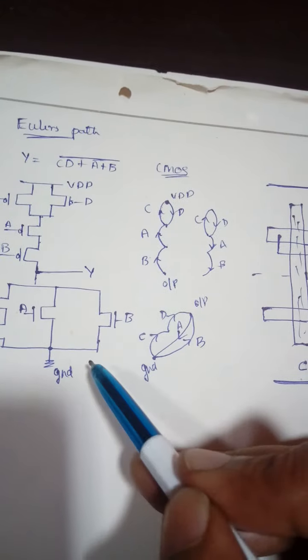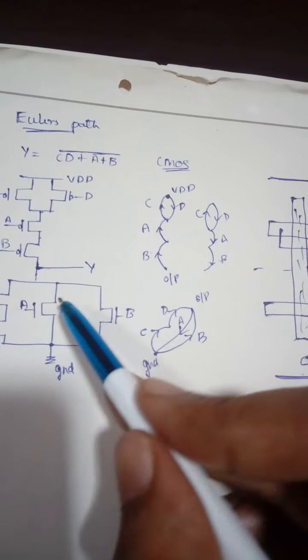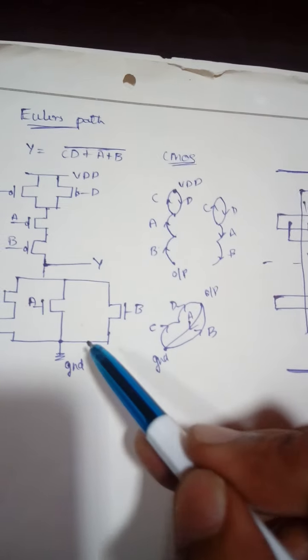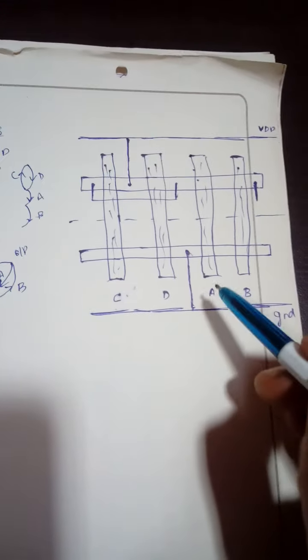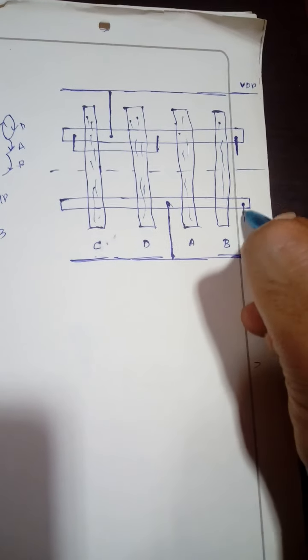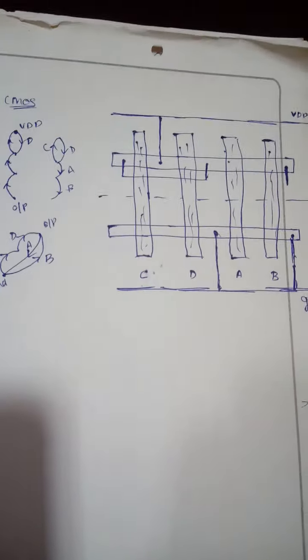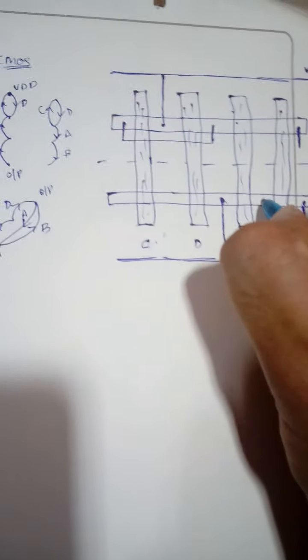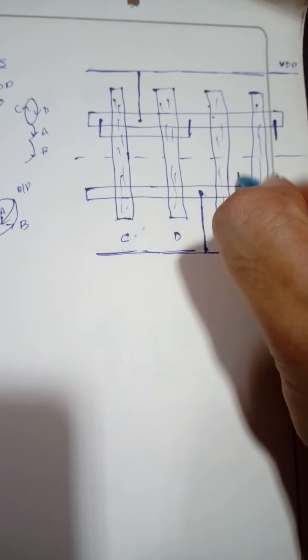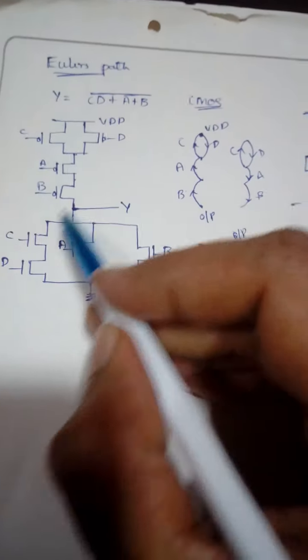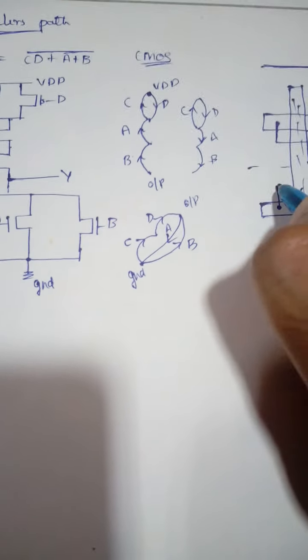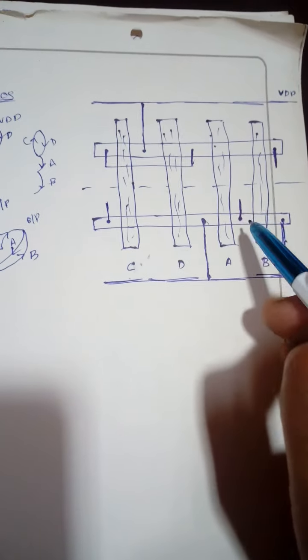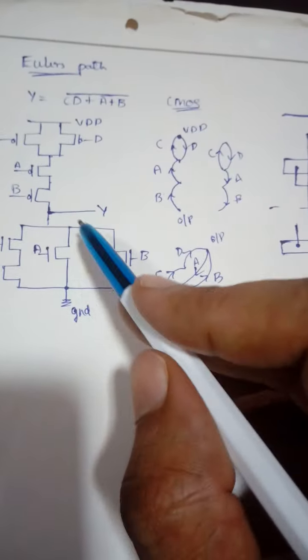And one more, the end of B. So one end of A and B goes to the output, other end of A and B should come to the ground. So one end of A is already connected to the ground, so one end of B we will connect it to the ground. Okay, so now we should also make A and B as parallel. So the end from A and B should go to the output, and one end from C should also go to the output, because one end of C is connected in series with D, the other end should go to the output, and the common end from A and B should go to the output.